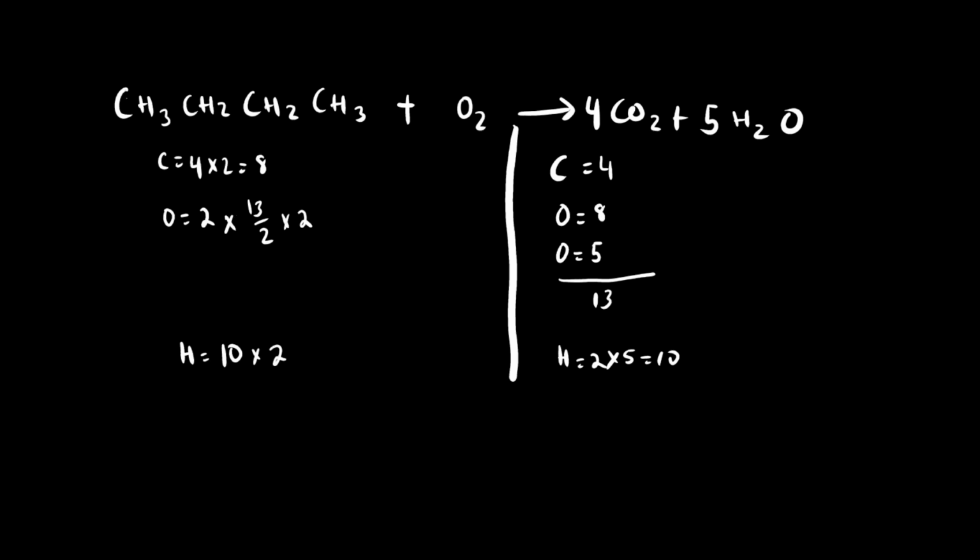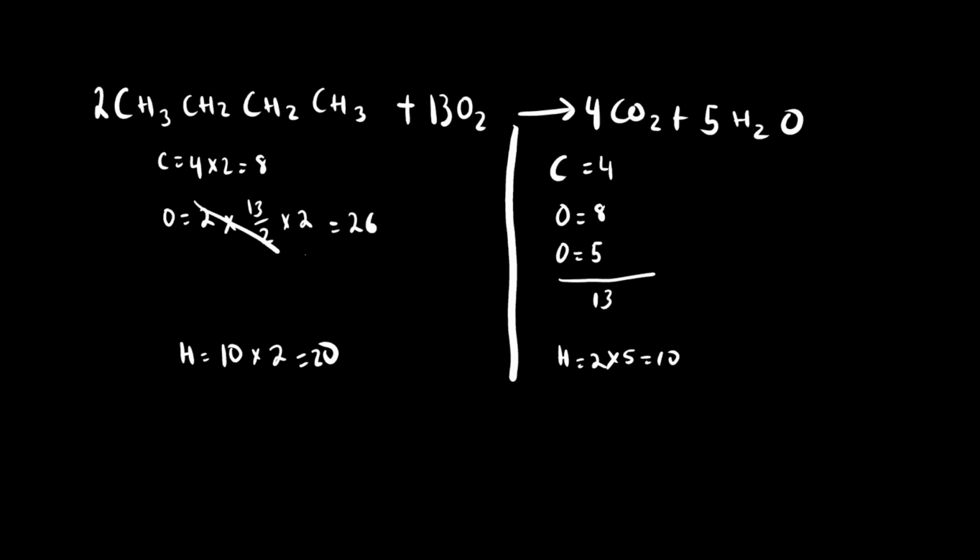So now we have 2 in front of the butane and 13 in front of the oxygen. So total we have 8 carbons on the left, 20 hydrogen on the left, and now we have 26